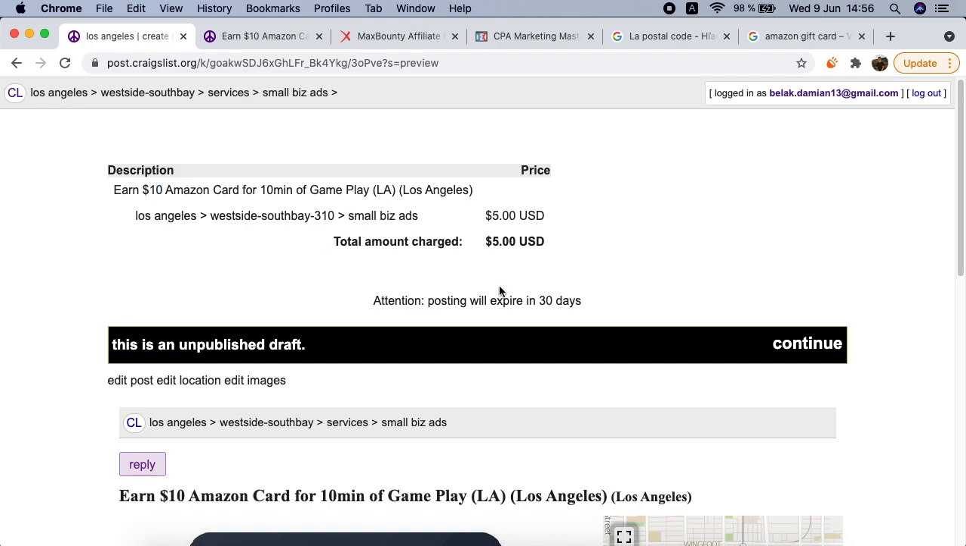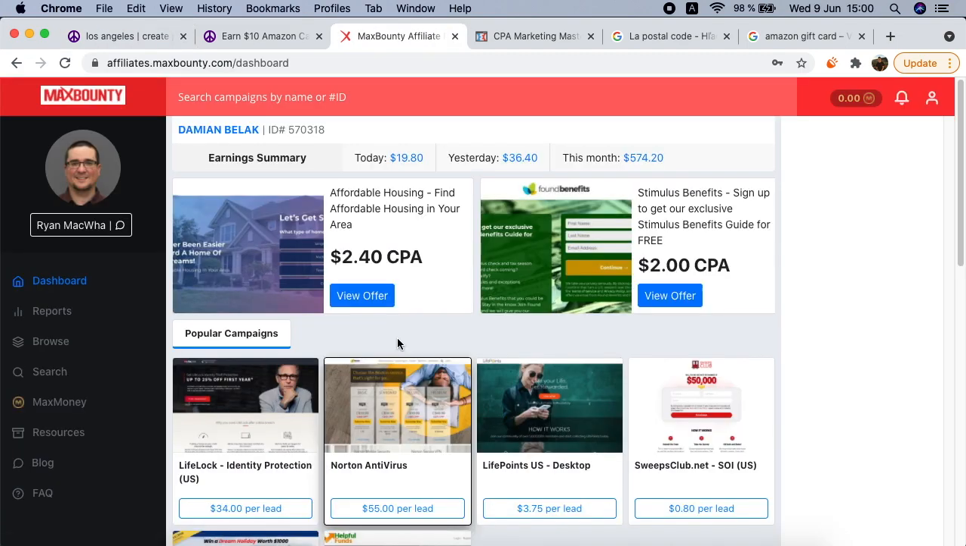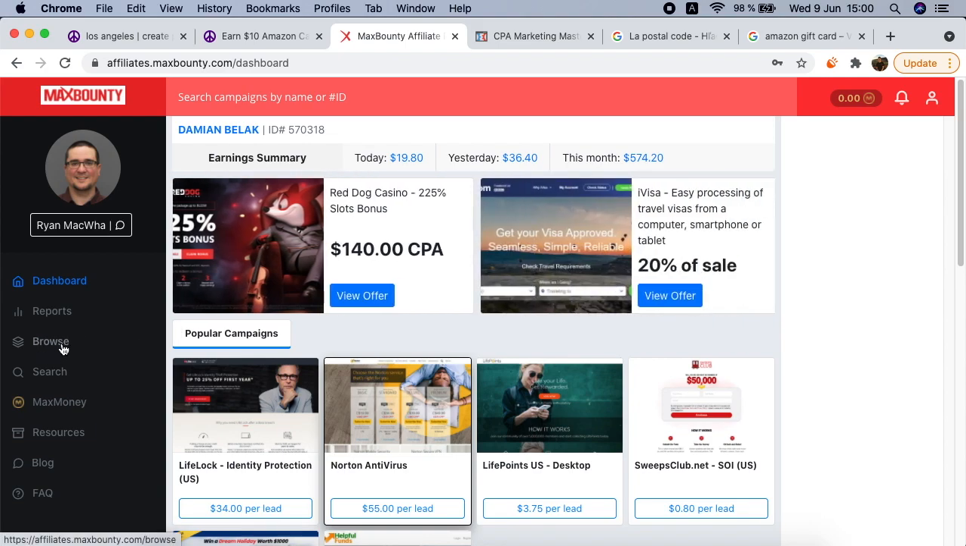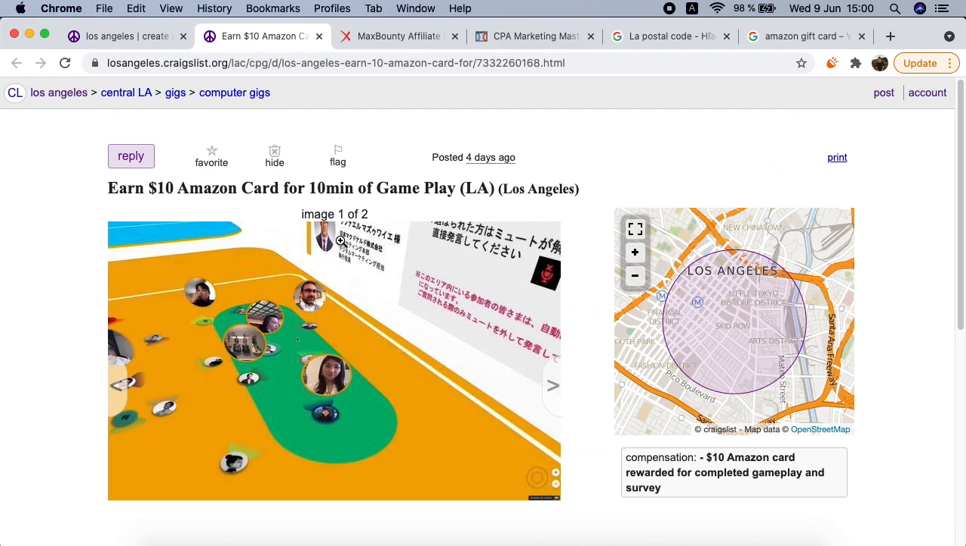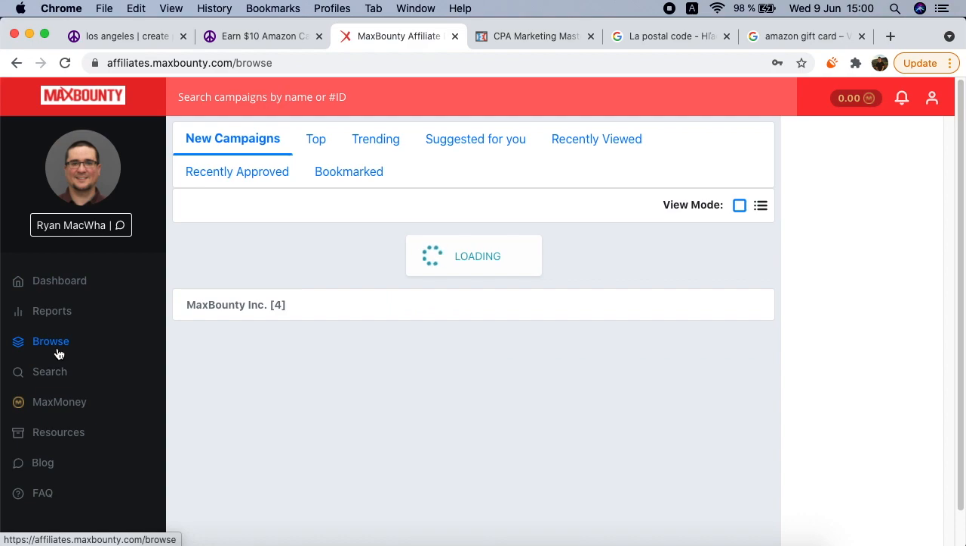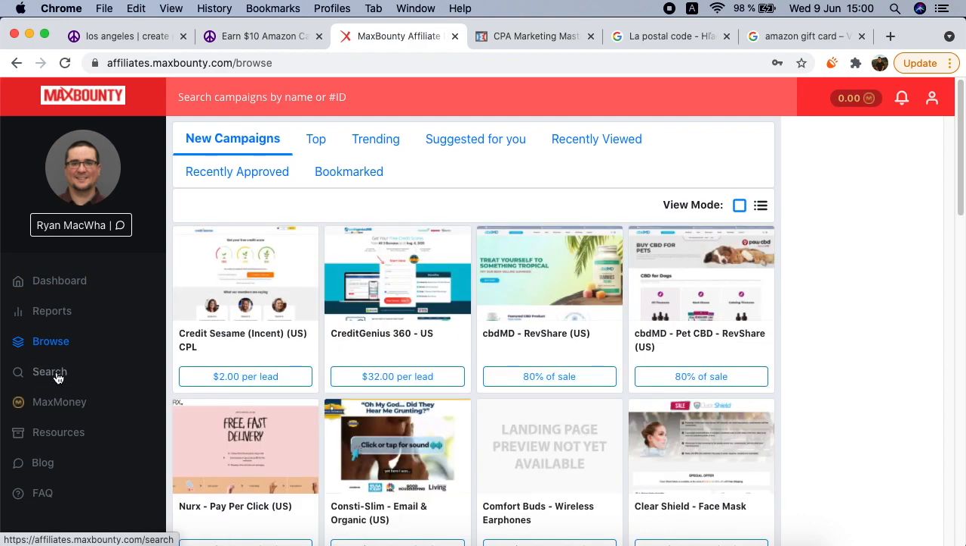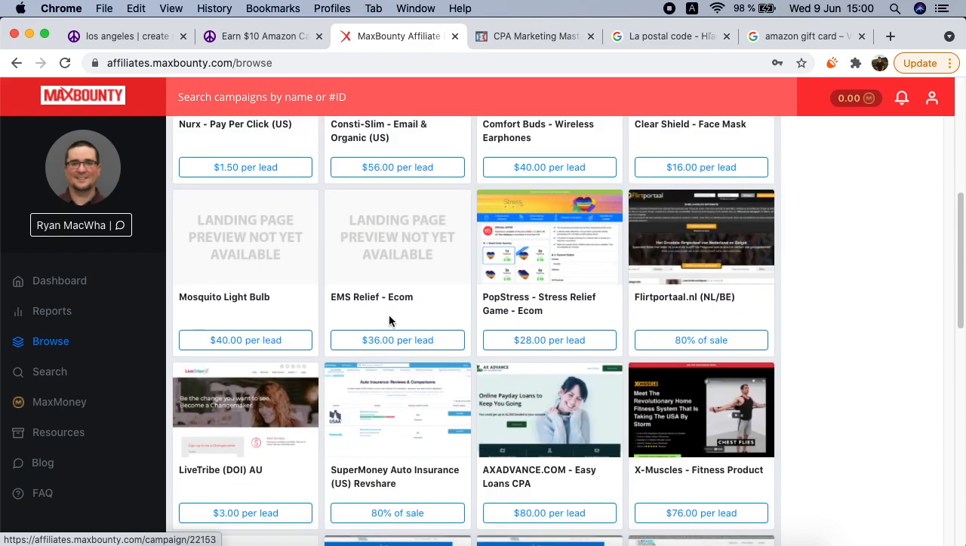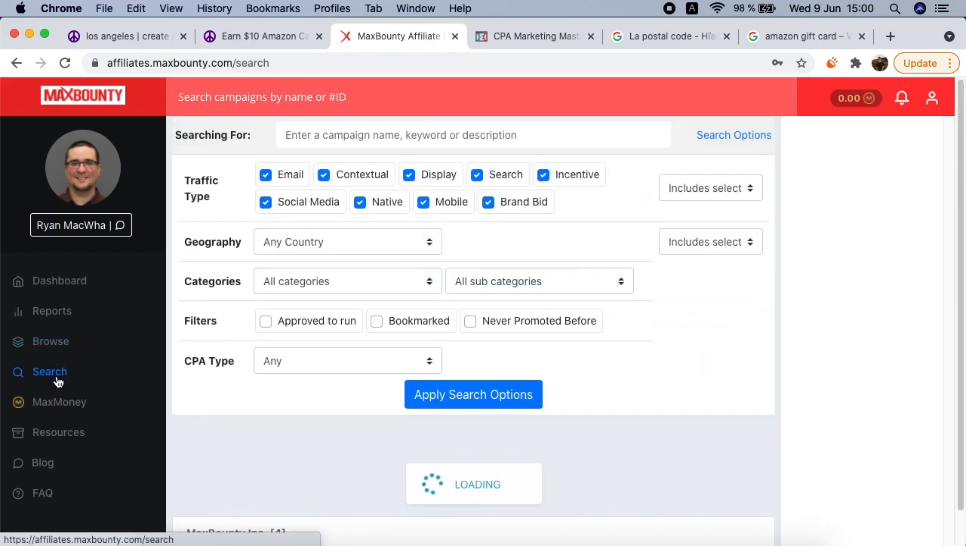So I'm gonna hop into my MaxBounty account and we're gonna look for a similar offer, or maybe we're gonna find this exact offer. Okay guys, so I just logged into my MaxBounty dashboard, and what you want to do now is click on browse down here. We're gonna browse and search for this exact $10 Amazon card CPA offer. So click on browse, and you can search for it down here, or you can simply go to search and enter the